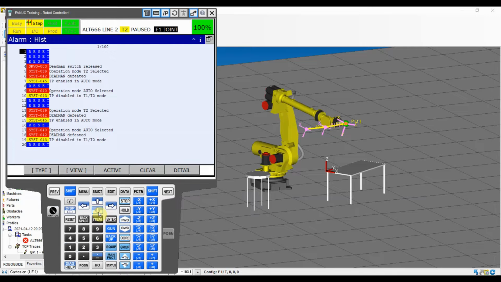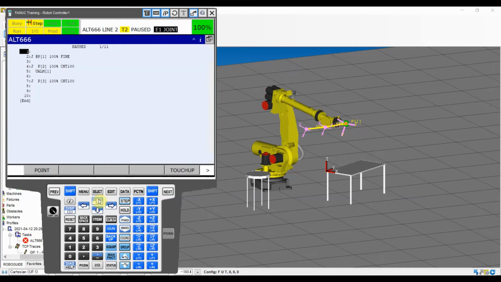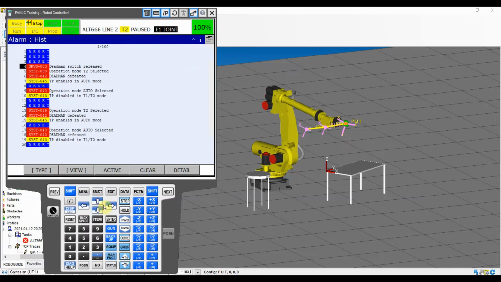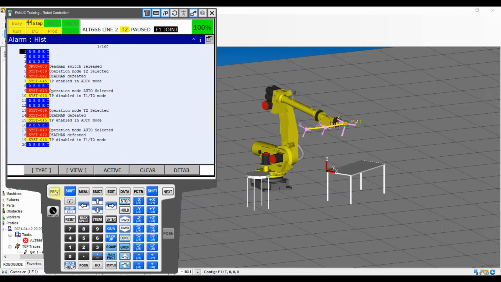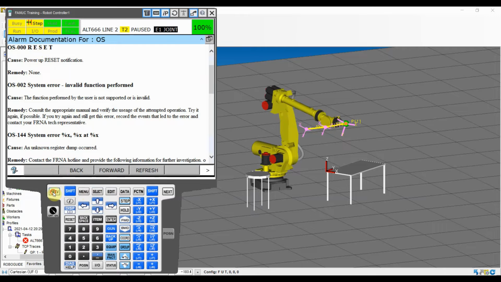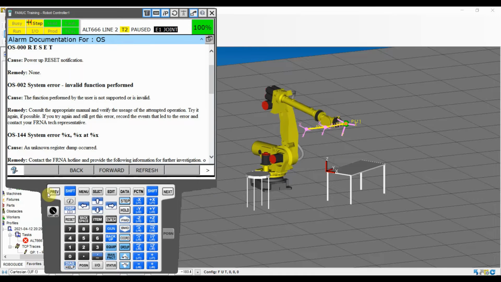Now, how do you tell what's going on? There are 2 ways. One of them is going to the error and double clicking on it if you have a touch screen, and that's going to show you the error with the remedy. The other is going to the error, and you can hit shift and help, and it's going to pop up the fault if you do not have a touch screen. So there are 2 ways: click it or hold shift and hit the diagnose button. Okay,